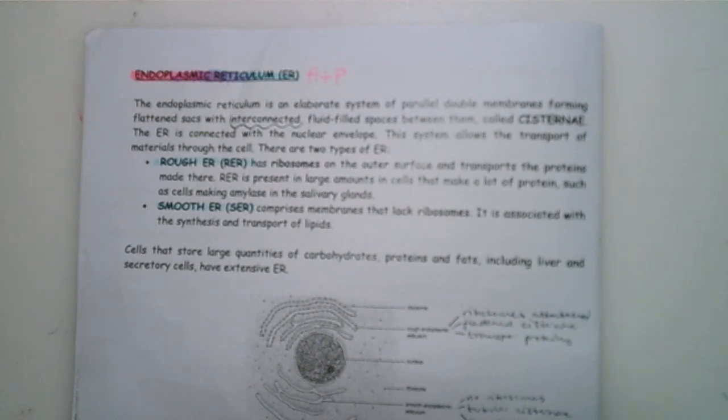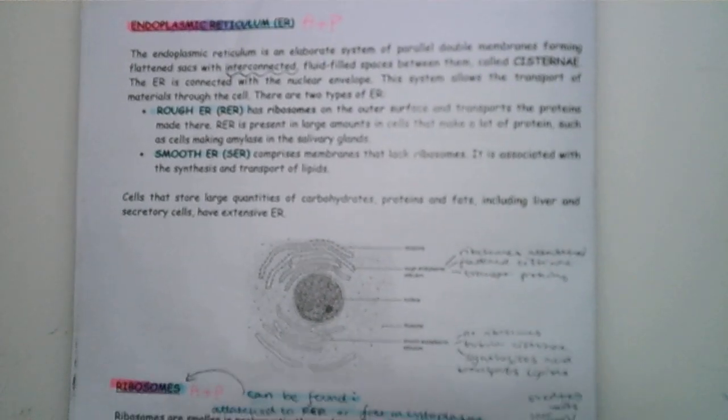Rough endoplasmic reticulum is present in large amounts in cells that make a lot of protein, such as cells making amylase in the salivary glands. Smooth endoplasmic reticulum, SER, comprises membranes that lack ribosomes. It's associated with the synthesis and transport of lipids. Cells that store large quantities of carbohydrates, proteins, and fats, including liver and secretory glands, have extensive endoplasmic reticulum. So you can see in the rough endoplasmic reticulum you have ribosomes attached, flattened